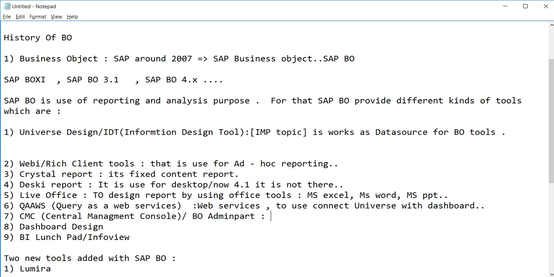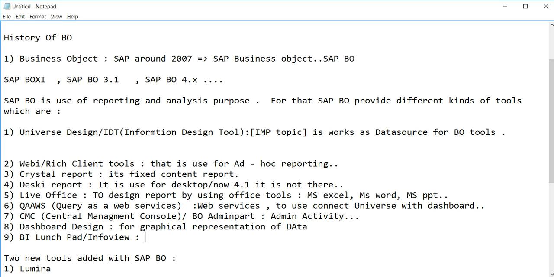The CMC, as I explained, is used for admin activity. Dashboard design is a graphical representation of data.